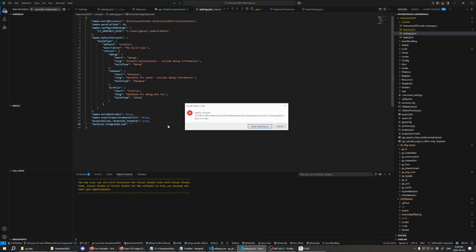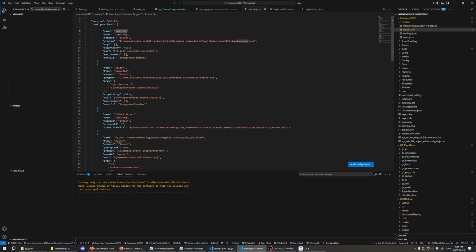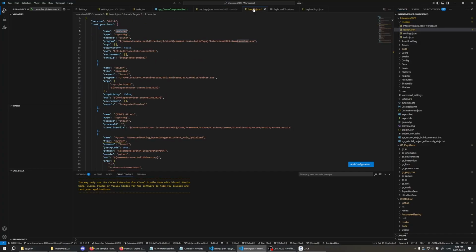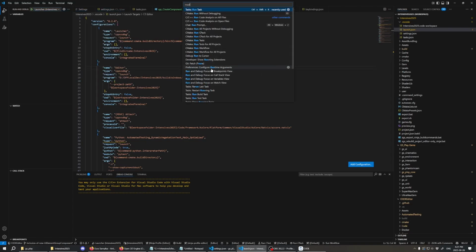If I click F5, I don't know why it wants launch.json, but I don't want it to do launcher. Intensive 20 build Windows, run and debug consoles, launcher, intensives 2020. Oh, I guess this you have to set. I don't know why it's not aligning. Okay, so if we go Control-Shift-P, run